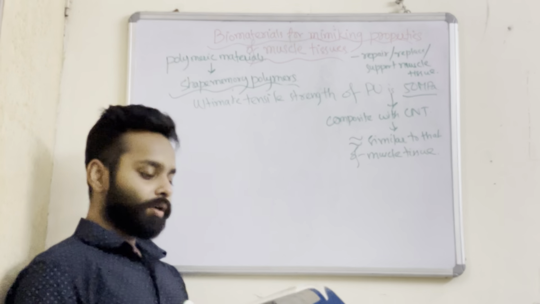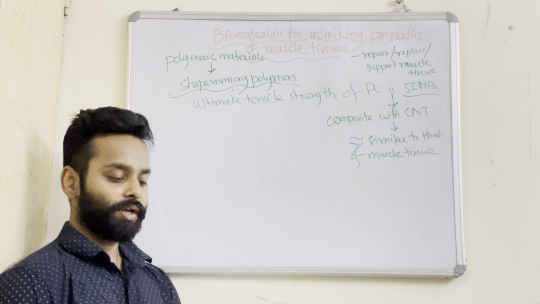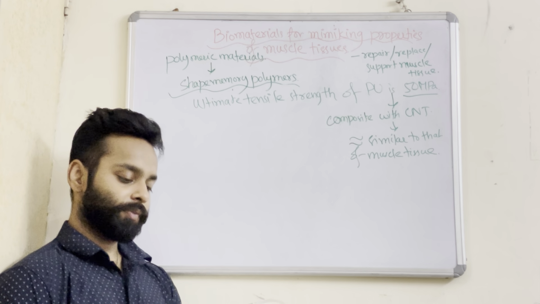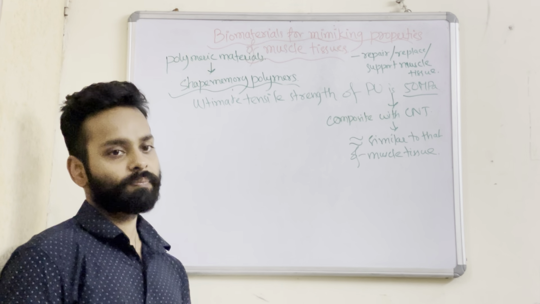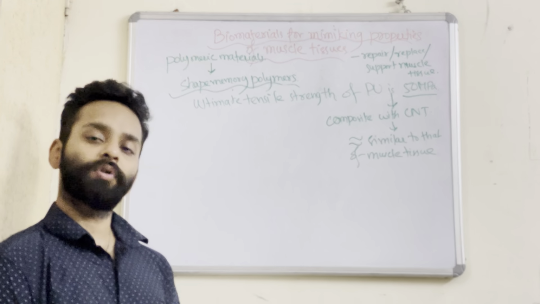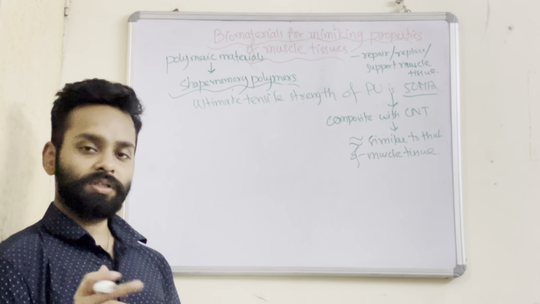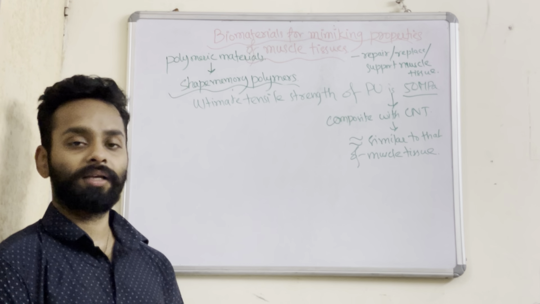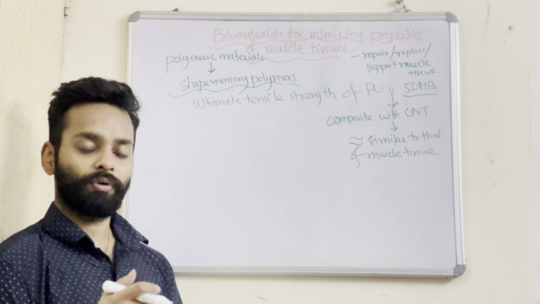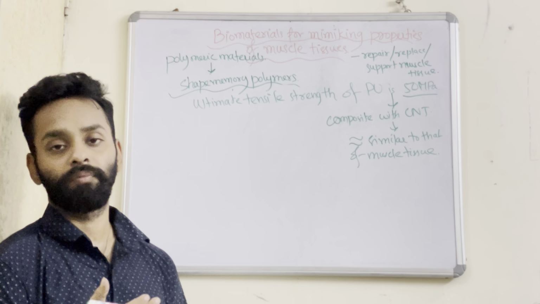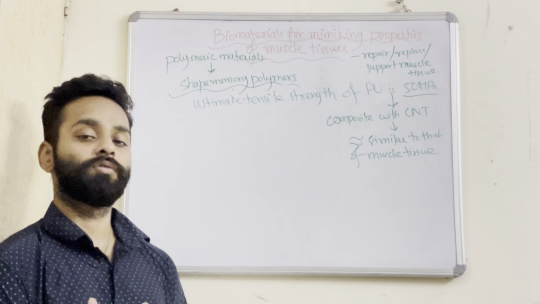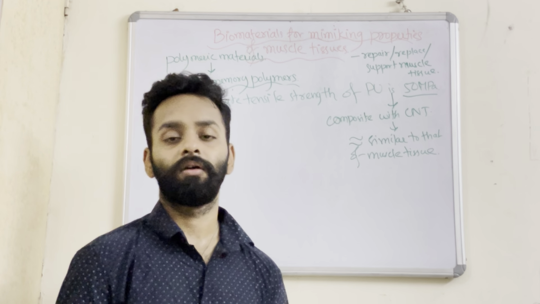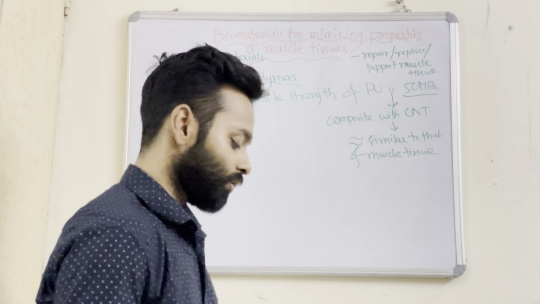Now it has been reported to have a very high percentage of elongation at break, which also mimics the properties of muscle tissues. So this percentage elongation at break is also an important consideration, because as we just discussed, muscle tissues are subjected to cyclic stresses or cyclic wear and tear, so fatigue is an important consideration which needs to be kept in mind